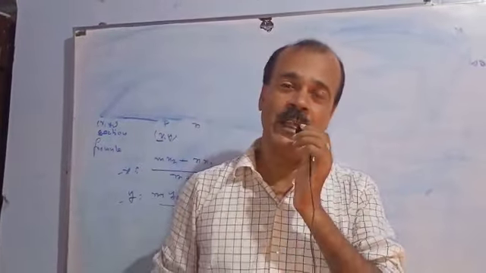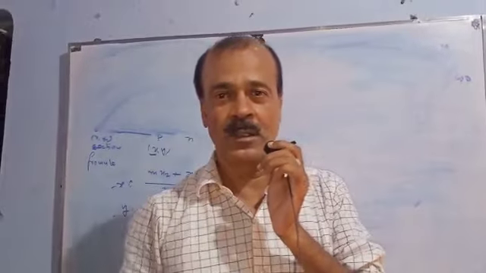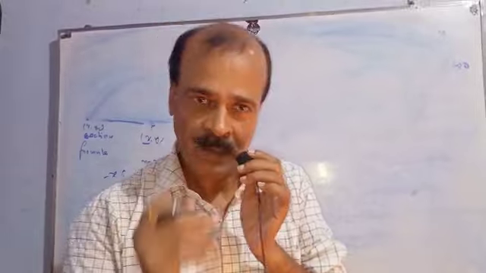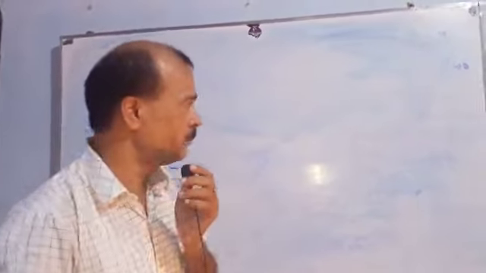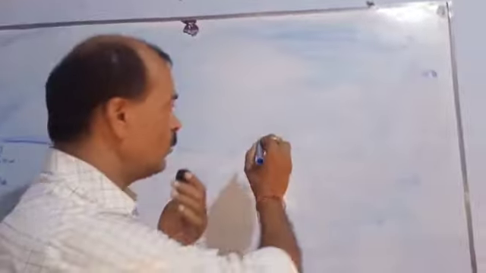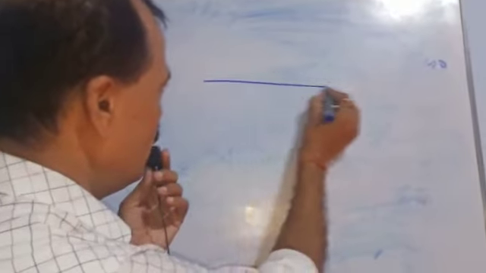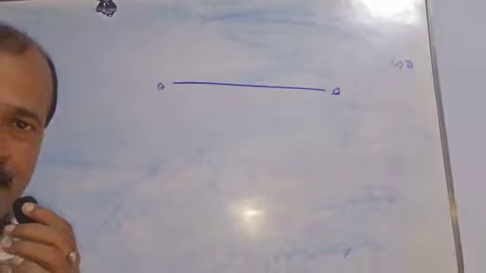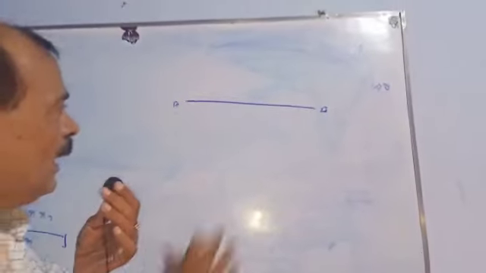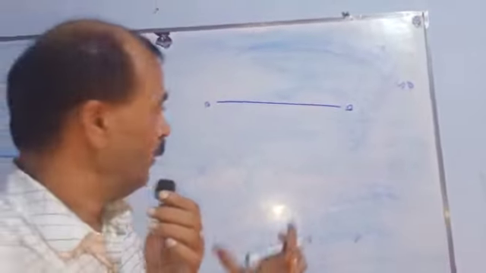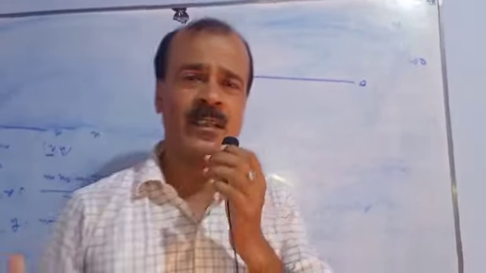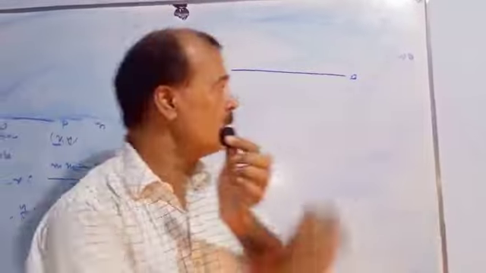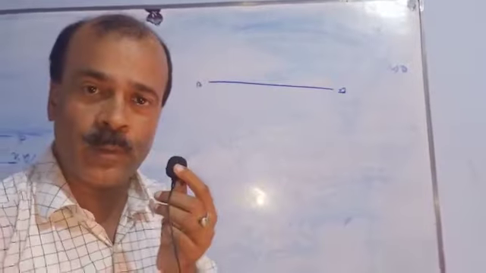Guys, today I will teach you the section formula, a very important portion of the coordinate geometry of mathematics. Let's understand it. Look here. Suppose AB is a straight line. Section means one part of the full part. So suppose AB is the straight line, that is the full part.